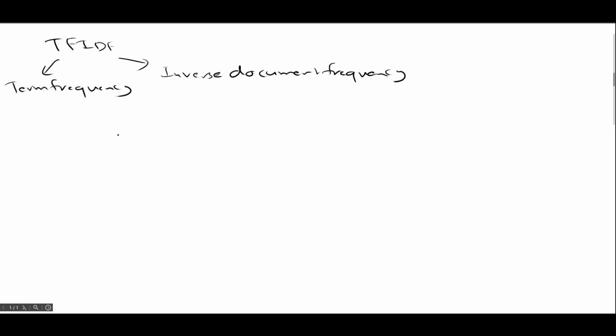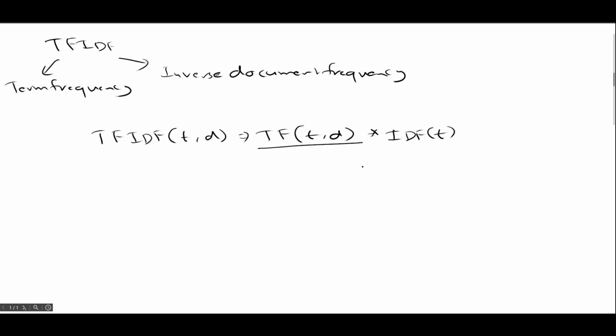Basically, the formula for TF-IDF of a particular term with respect to a document is given by TF, which is the term frequency of that term in that document, times the inverse document frequency of that particular term, where TF is a value specific to a single document D, while IDF is a value that depends